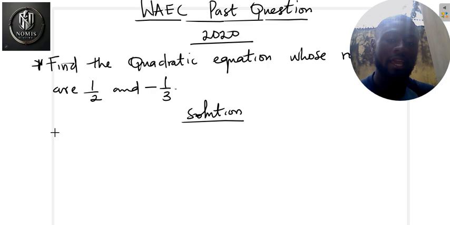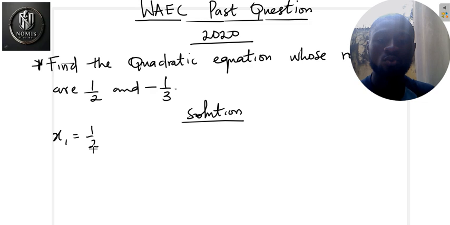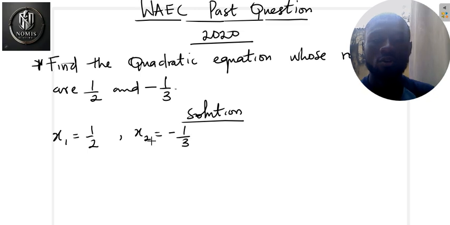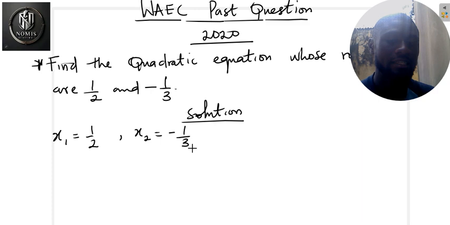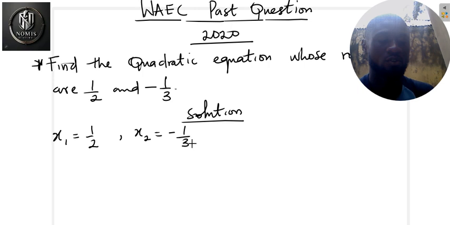So let's say our x1 is equal to 1 over 2 and the second, x2, is equal to minus 1 over 3. So this is one of the roots and this is the second root. What do we do with these roots, and how can they help us to get the quadratic equation? Remember that this root can just become x